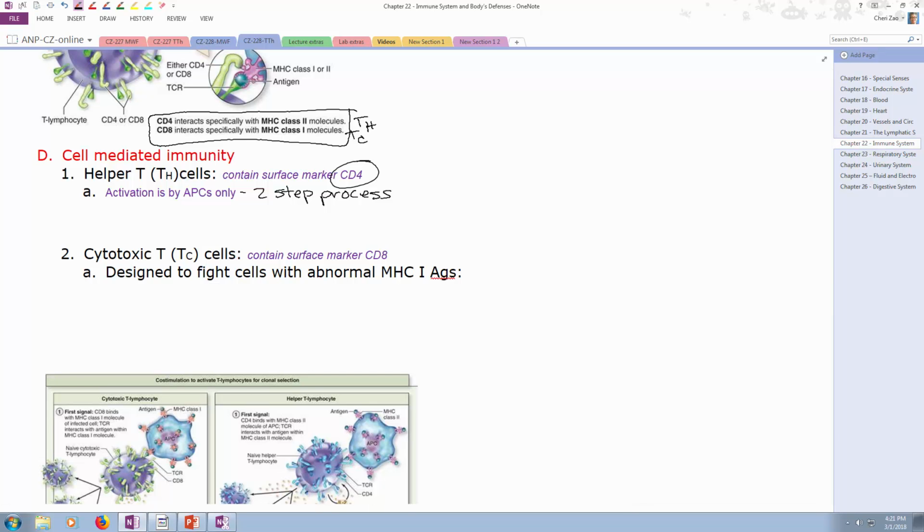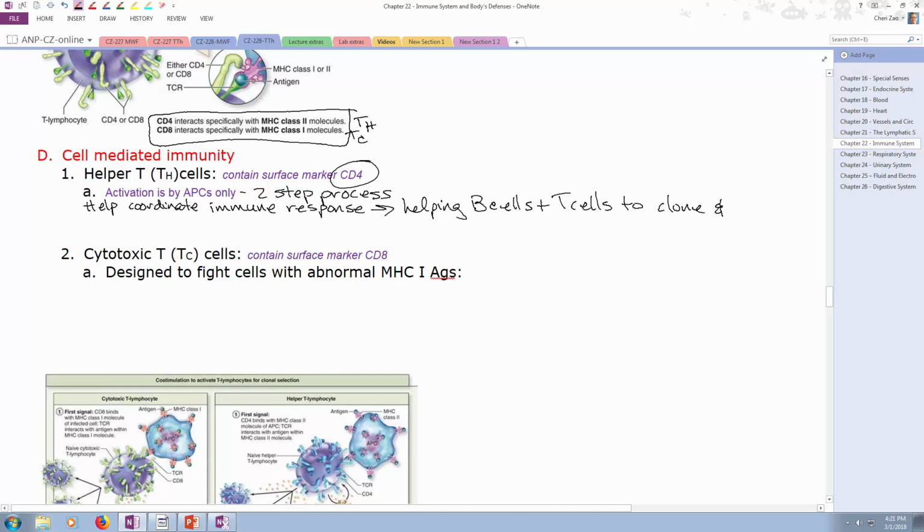T helper cells help coordinate the immune response. They do this by helping B cells plus T cells to clone